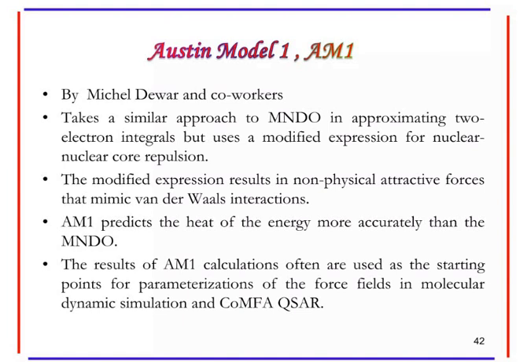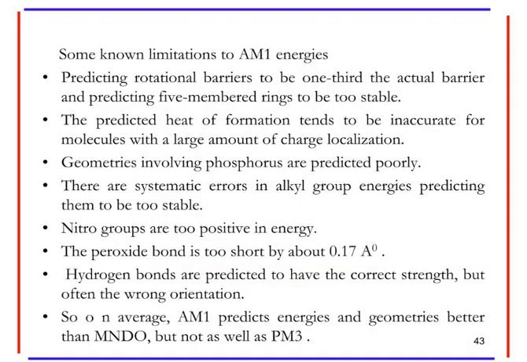The Austin Model 1 predicts the heat of formation more accurately than MNDO, and the results of AM1 calculations often are used as a starting point for parameterization of the force field in molecular dynamics simulation and CoMFA QSAR. So, some known limitations of AM1: